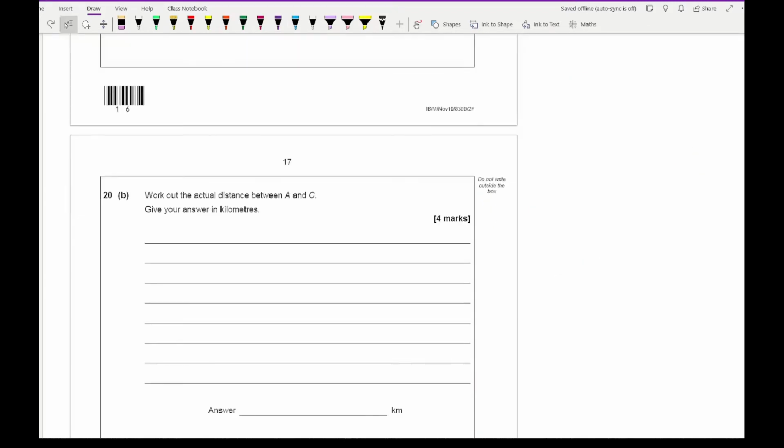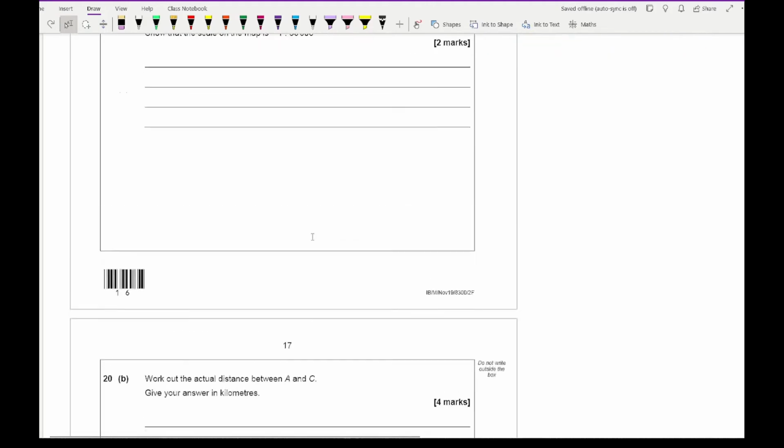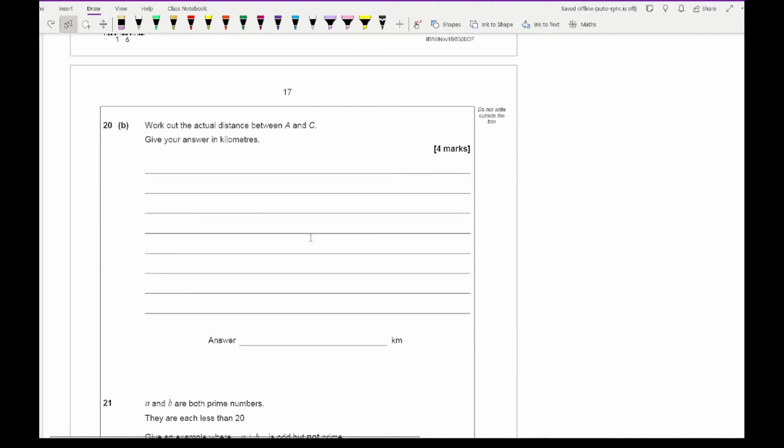Now for question 4b, it says work out the actual distance between A and C. So the first thing we need to do is measure the distance from A to C. Depending on your accuracy of this, first of all, I'll tell you the steps in which you do this and I'll give you the correct answer. So what you need to do is measure the distance in centimeters of A to C. The next thing you then need to do is multiply this answer